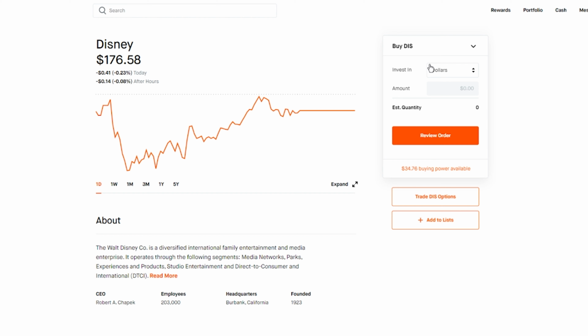Now, what you're going to want to do is look at the different options you have. So there's a little tab over here where you can choose the order type you want. Now, this might seem a little overwhelming because there's so many options here, but the main option here, the market order, the default option, will effectively just buy into the market at that given price point, which can fluctuate throughout the day. A limit order actually is where you can place a certain price point, so that way